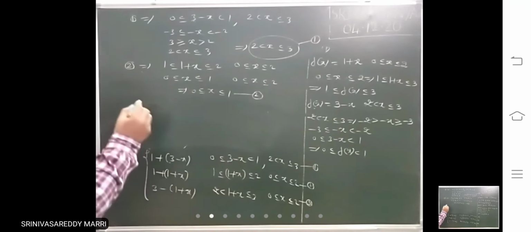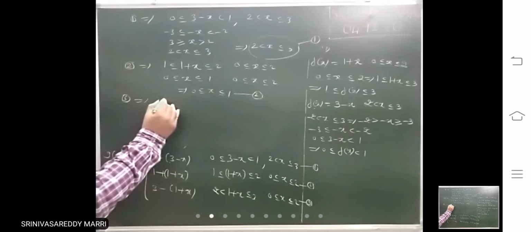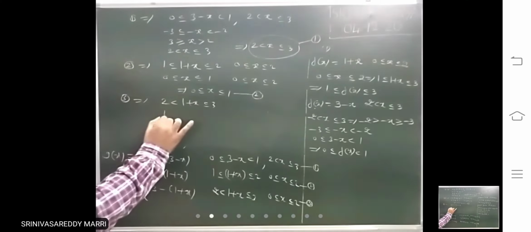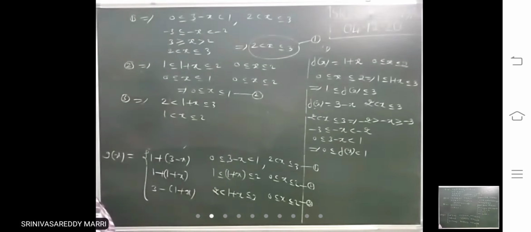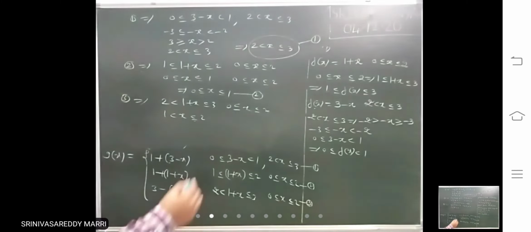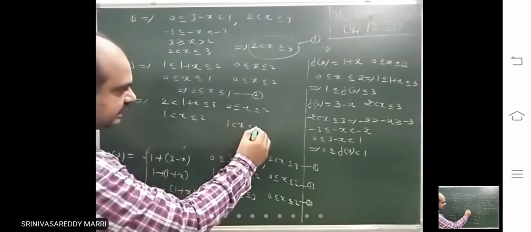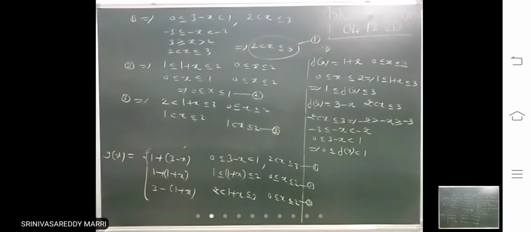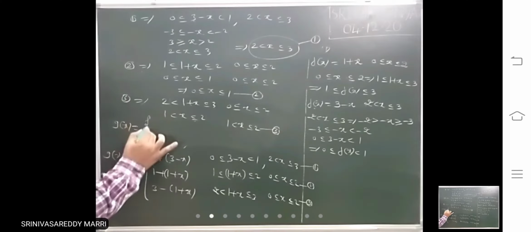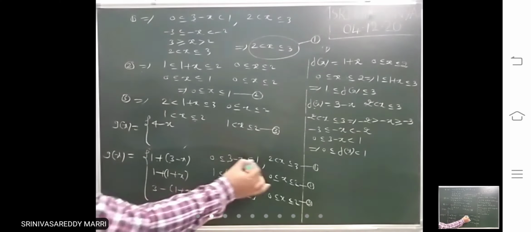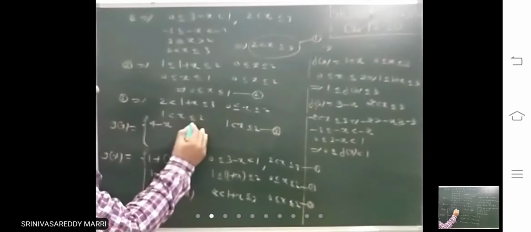So third. So minus 1, 2. So this is given as, the intersection part of this and this is 1 less than x less than or equal to 2. This is the third one. So you can rewrite the definition. G of x is what then? G of x is 1 plus 3 minus x, 4 minus x. What is the x interval for this? 2 to 3.